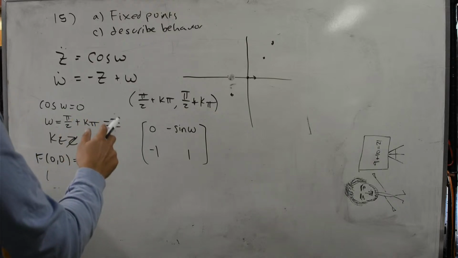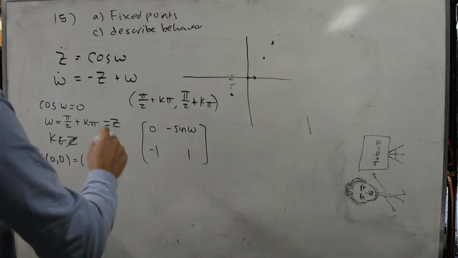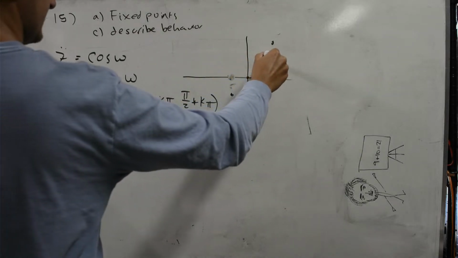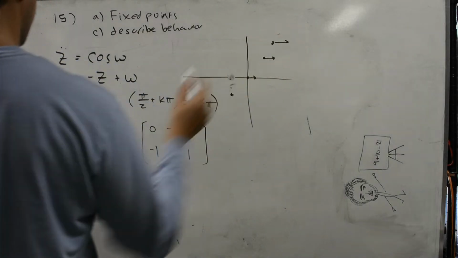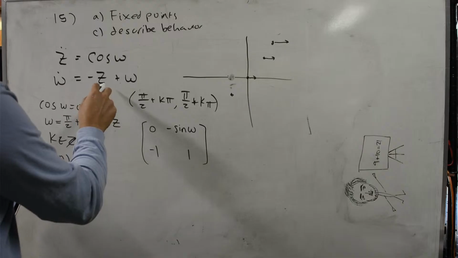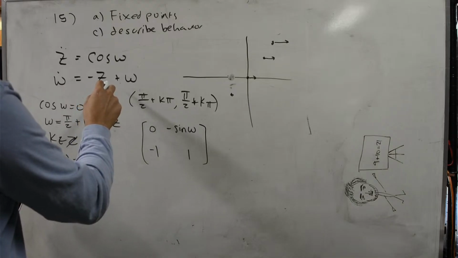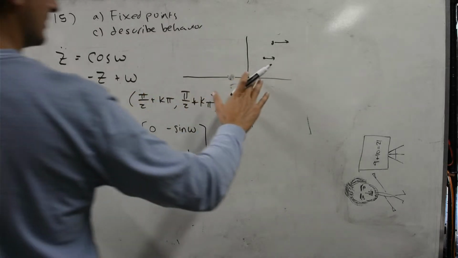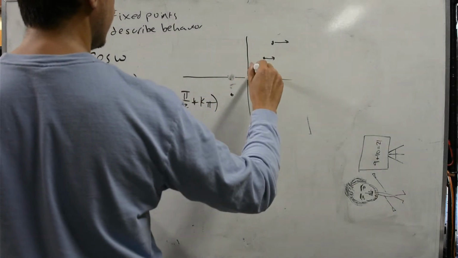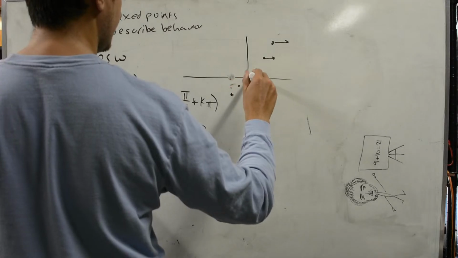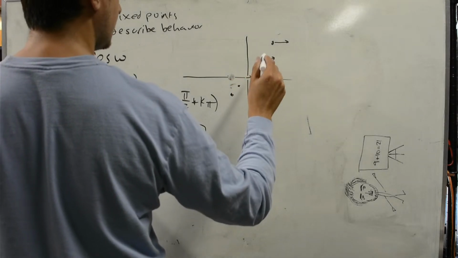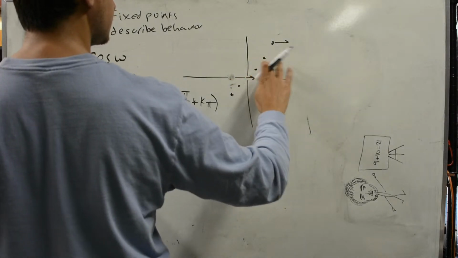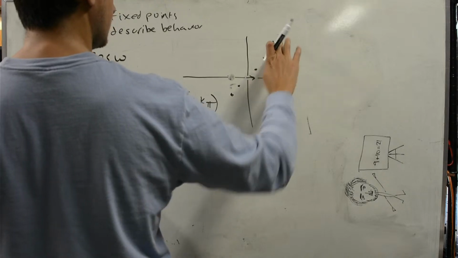Maybe, well, is it gonna be like this all the time? Because it's gonna be 0 here. Wait. Oh wait, I did this wrong. This isn't one of them. We are going this way here, but that's not a fixed point. So these are all fixed points. But